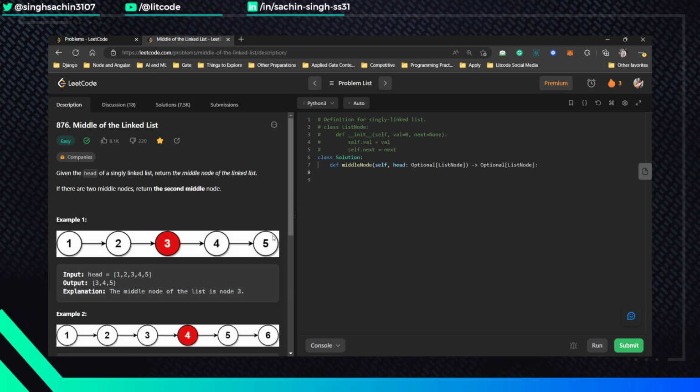And at the end, we are just going to simply return the turtle pointer, which will represent the middle element of our linked list. So let's start coding and let's see. We're going to initialize our turtle pointer and our rabbit pointer with head,